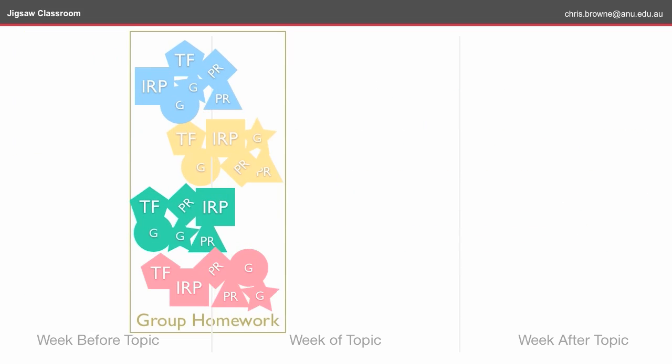Now that we have two experts on a particular topic, the tutorial facilitator and the research paper author, they go back to their groups and work on the weekly group homework that they have for their group project. At the beginning of each session, the groups are expected to present a 1 to 2 page summary of how their group project fits into the topic, which then forms the basis of their report for the group project at